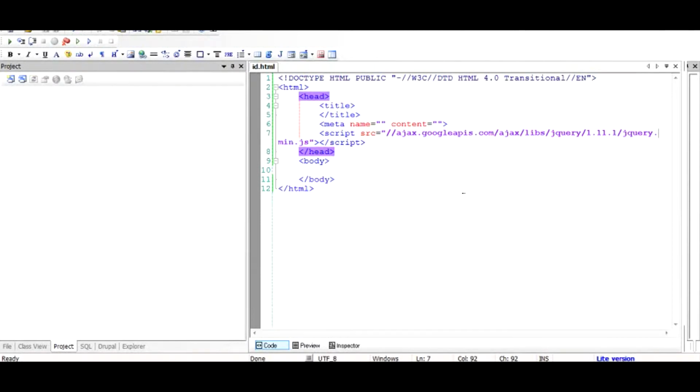Hi there. In this video, I'm going to talk about using jQuery to stop the further propagation of a web page when you click on a link on the web page. So for example, if you have a link like this, and it takes you to, for example, yahoo.com.